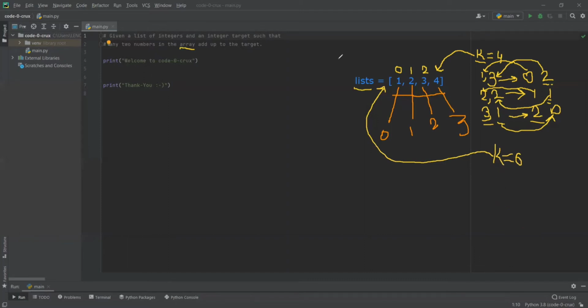What I mean is, it should have been 2 4 3 3 and 4 2. And in the same case, we should get the index of the respective elements. So what are the indexes? The indexes for all these three combinations are 1 3, 2 2, and 3 1. This is 2, okay?